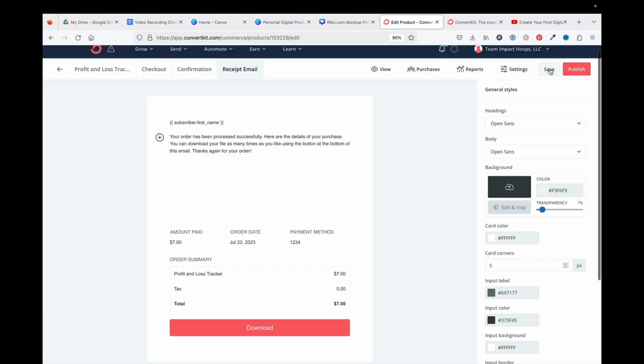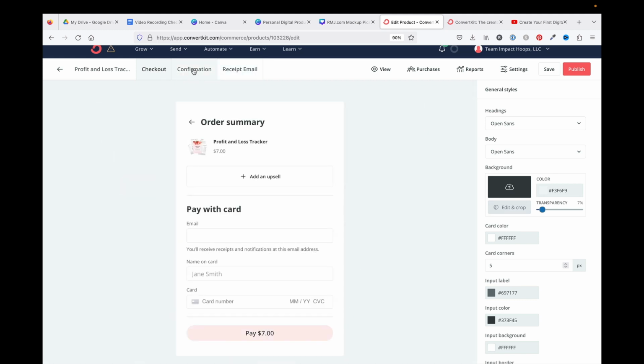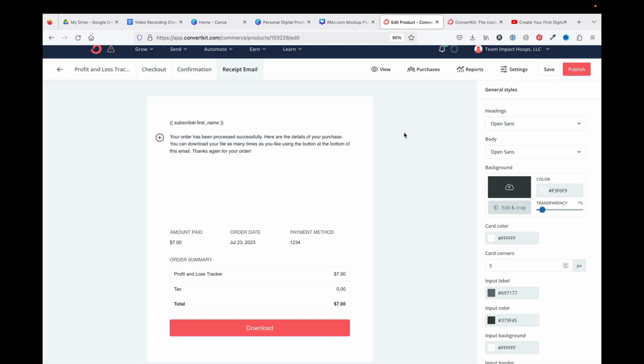Now, the next thing you'll want to do is make sure that you save this so that your product is available. Now, understand at this point, it hasn't yet been published, but it has been saved. So if you need to go back and make any changes, all you have to do is click on the various tabs. Okay, and that will allow you to make whatever changes you need to make. Once customers start purchasing things, you're going to also be able to see how many items have been purchased. You're going to be able to review reports and so forth.